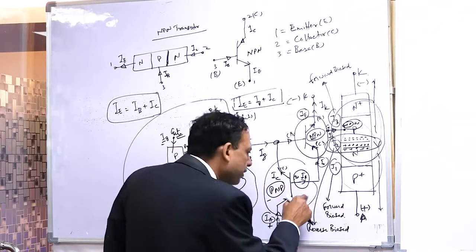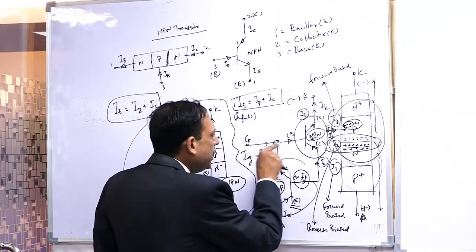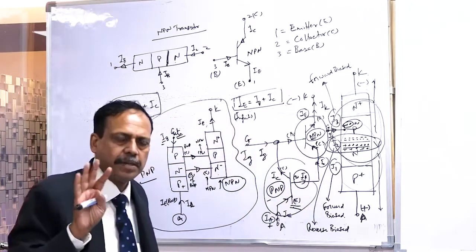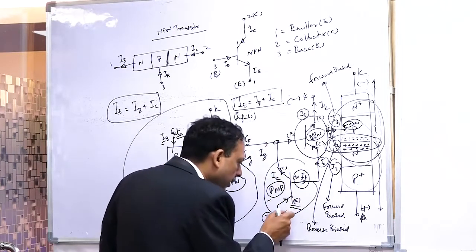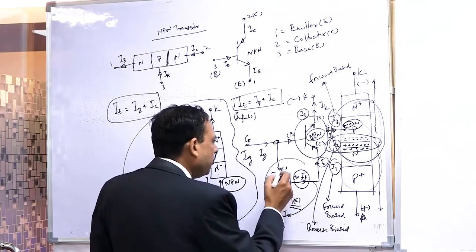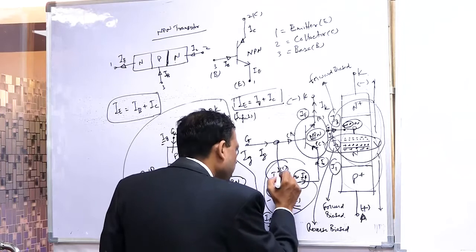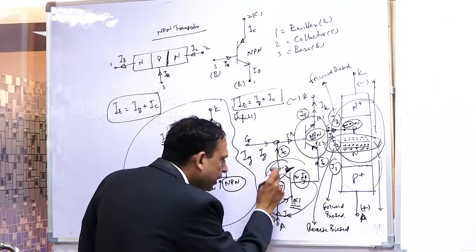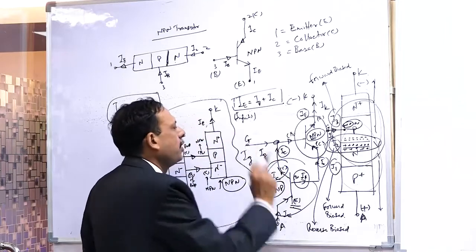Whenever the current goes inside the base of the NPN and the base current of the PNP is going out, the function remains the same. If the base current is going out, the emitter current will be drawn, and this will start conducting IC. So the collector of the PNP will start conducting, so the current is going to go here. Then what is going to happen?